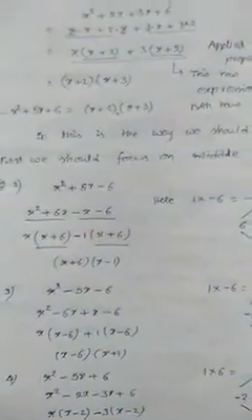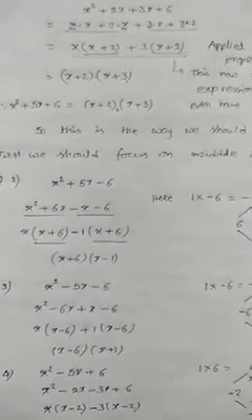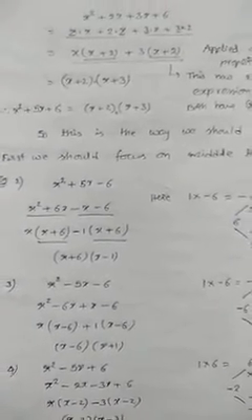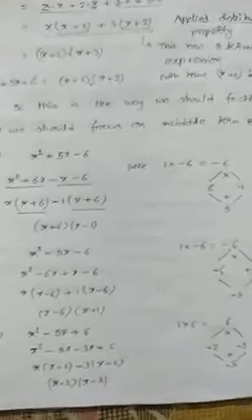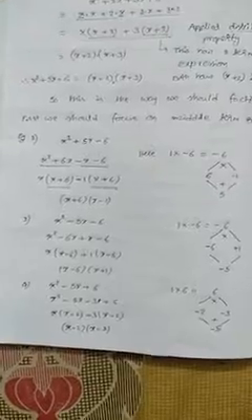Here factors means if anything is written as a product of two values, those two values are called factors. For example, if I take 12, how to write 12 here? 6 into 2. 6 and 2 are the factors. I can write 3 into 4 also. Those are also called factors. So depending on the requirement, we are supposed to do the factorization. Observe once, this is the way you should do the factorization. Now let us observe a few more examples.